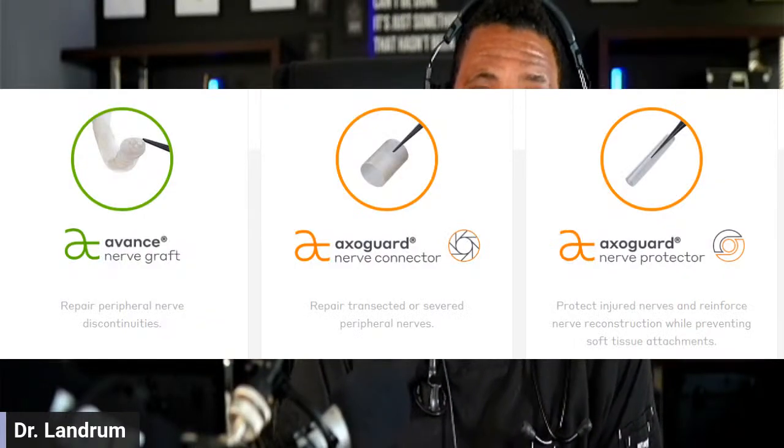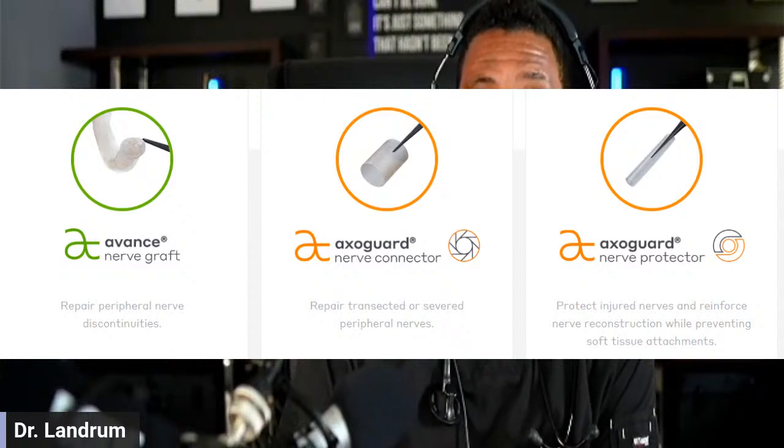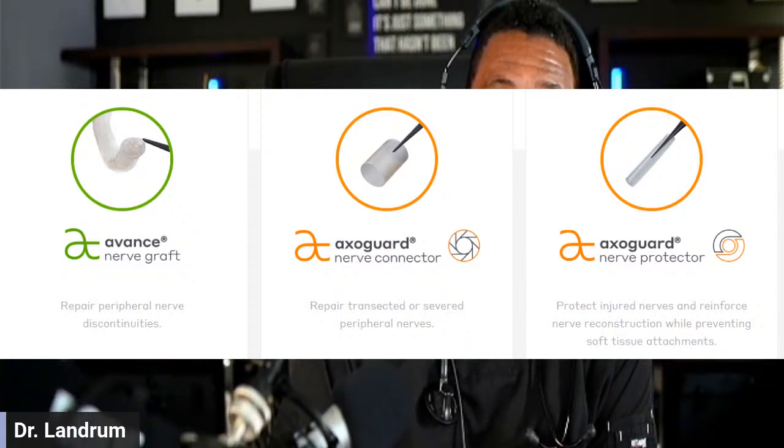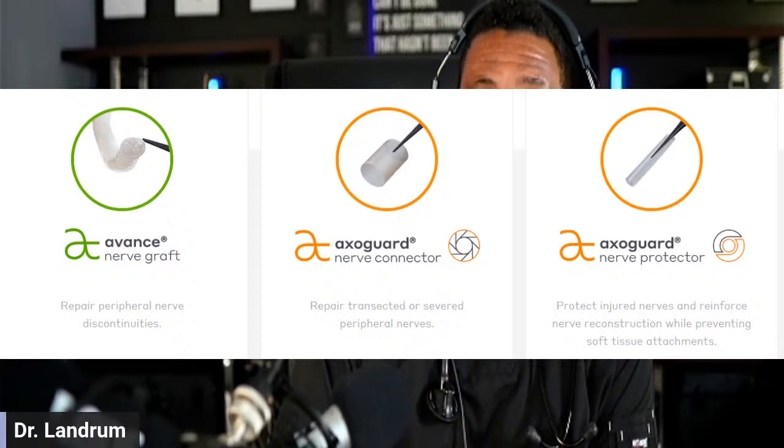What we're starting to see in Europe is actually some surgical intervention in a different kind of way for peripheral nerves. What they're seeing is elements of nerve grafts, nerve connectors, and nerve protectors to provide ways to make peripheral nerves either less susceptible or heal them from where they've been before.